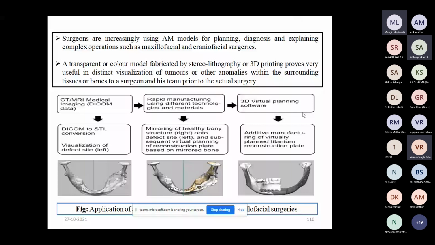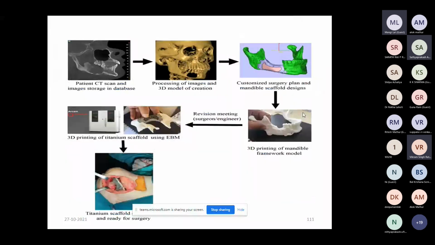But obviously, what are the materials for this prototype? This could be biocompatible. Okay, so for example, here we can see the patient CT scan and images stored in a database, then processing of images and 3D model creation, then customized surgery plan and scaffold design.